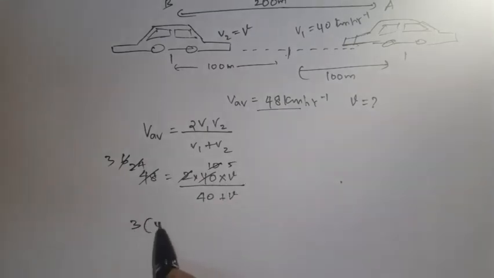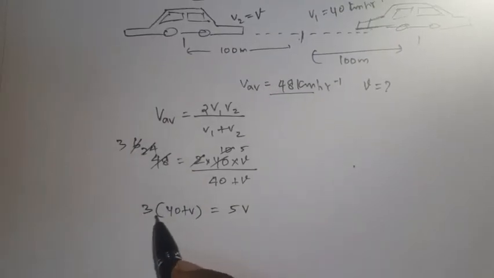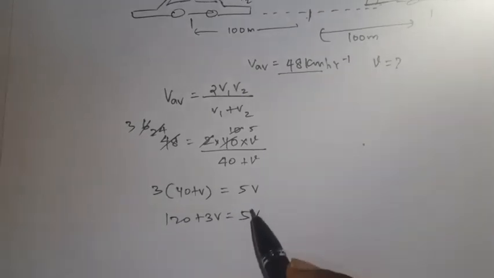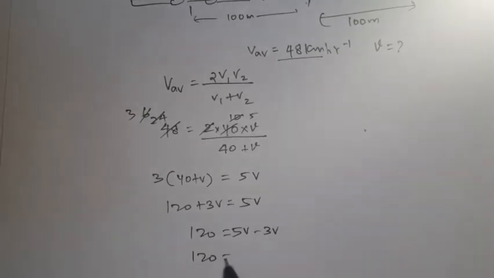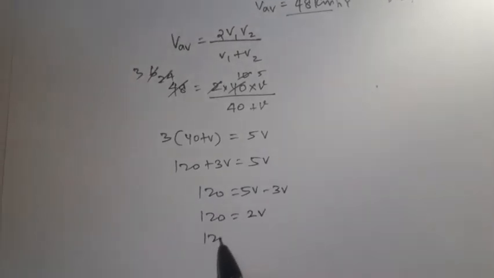Then 3 into 40 plus V goes to the numerator, equal to 5V. So 3 into 40 is 120 plus 3V is equal to 5V. Now take 3V to the other side: 120 is equal to 5V minus 3V, which is 2V. Then 120 by 2 gives